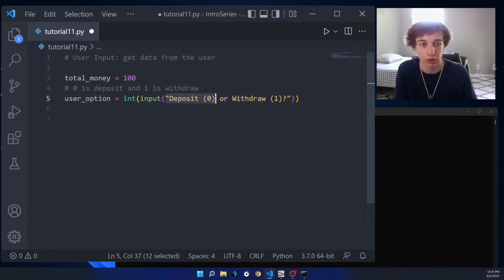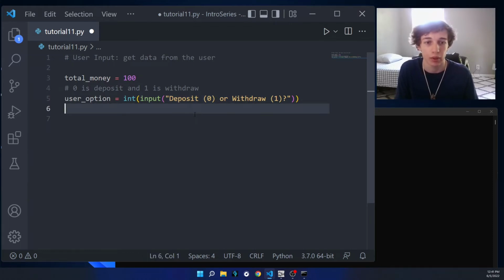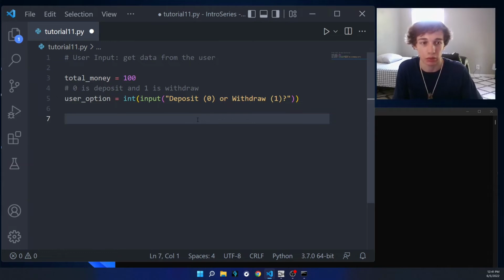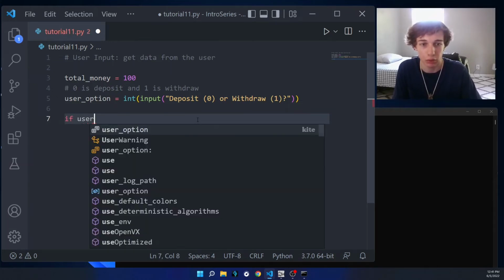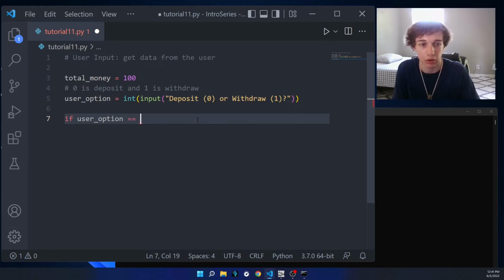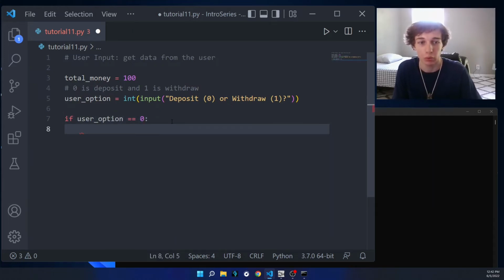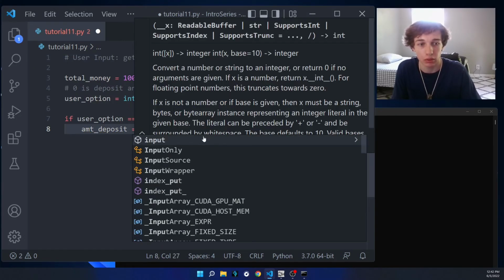Okay, so let's imagine they enter 0. So if they enter 0, then we need to know how much they want to deposit. So let's go ahead and handle that. So we'll say if user option is equal to 0. So this is essentially saying if the user wants to deposit, then we want another input statement to get how much money they want to deposit. So we'll say amount deposit is equal to int input,